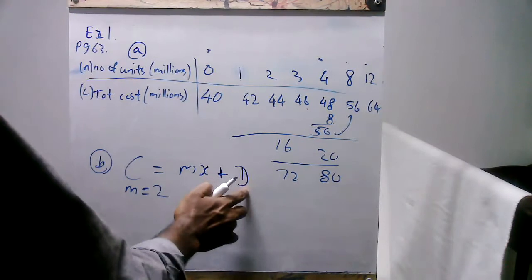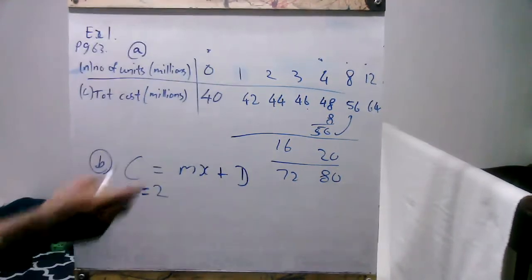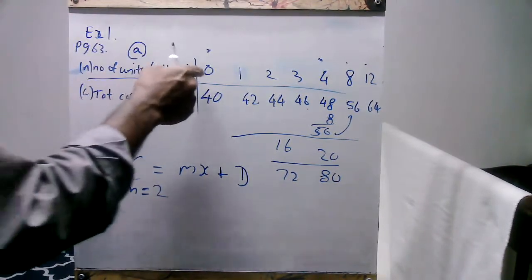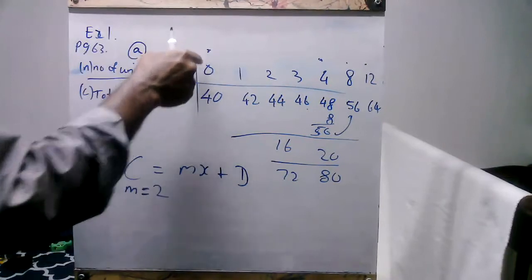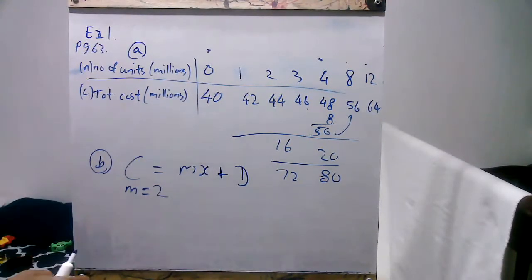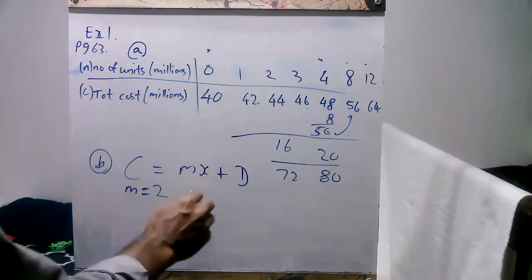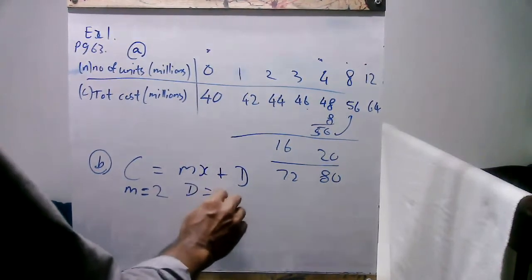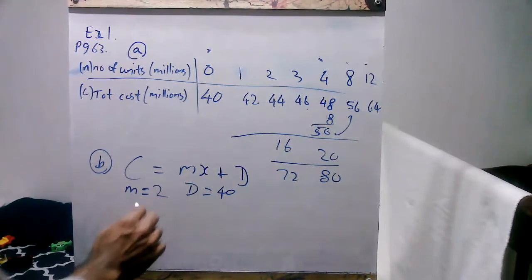What's D? D is the overhead. When producing 0 items, they still have to bear this expense, $40 million. Therefore, D is 40. Substituting, we get